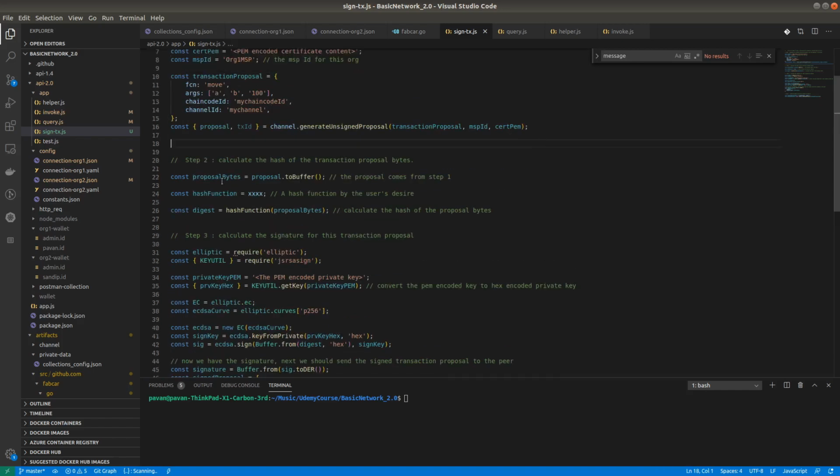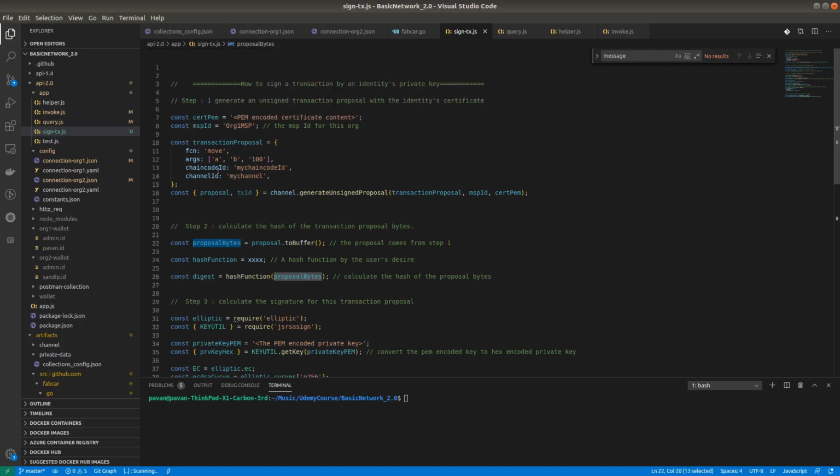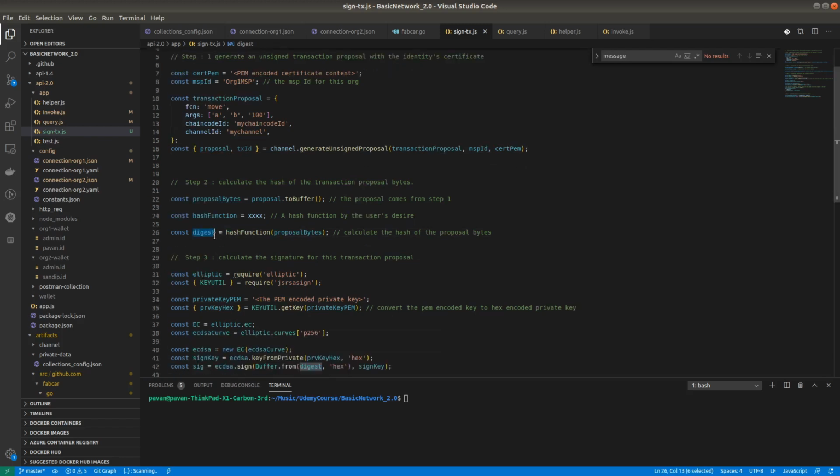After that, we have to convert the proposal to proposal bytes, just like creating the buffer for that proposal. Once we have created the buffer of the transaction proposal, we first create the hash of that transaction proposal. After creating the hash, you can see this is the digest, and it is just a hash of this proposal.